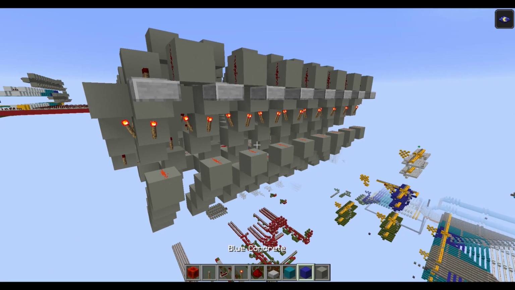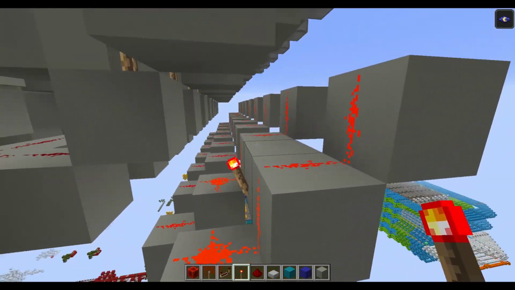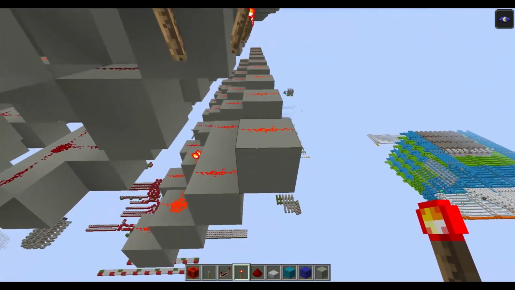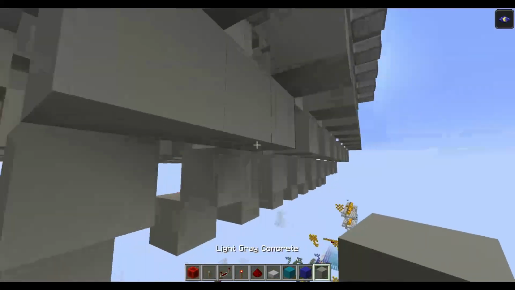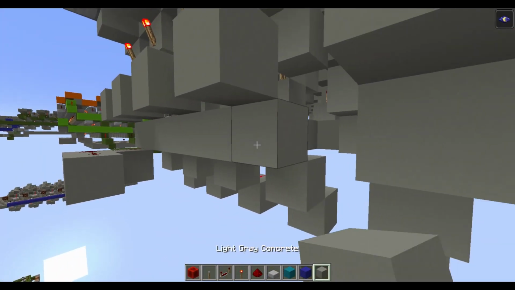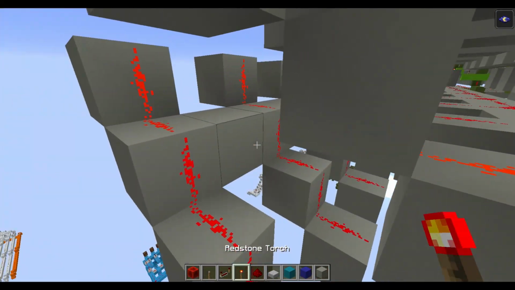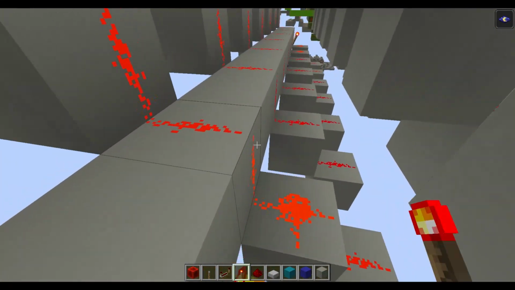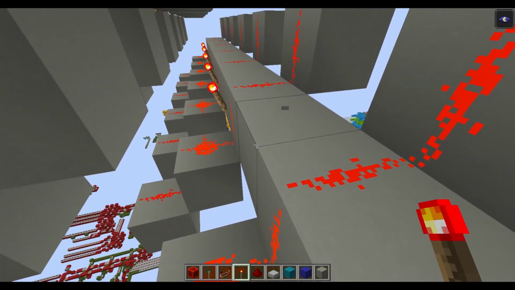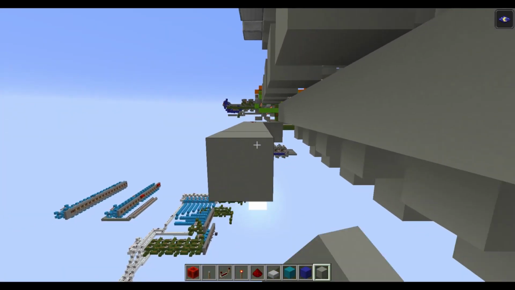Now we want to allow or not the output, so we can do it by locking the output with this torch, because by default it's on, but when we have a value it's off. So now with this torch we lock the output. Let's build this for all bits. You need only one of two, but I think the look is better when we have a torch on each block. We lose a bit of performance, but I prefer the style, so yeah, I do it.